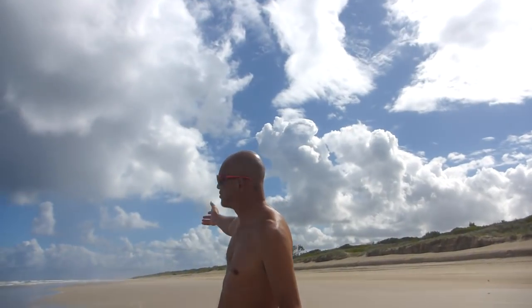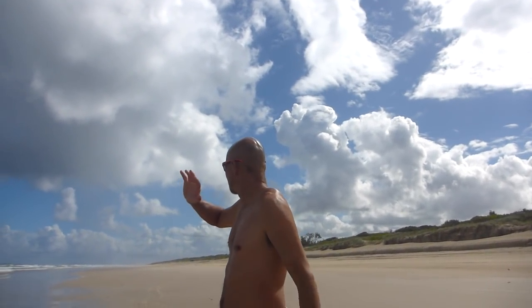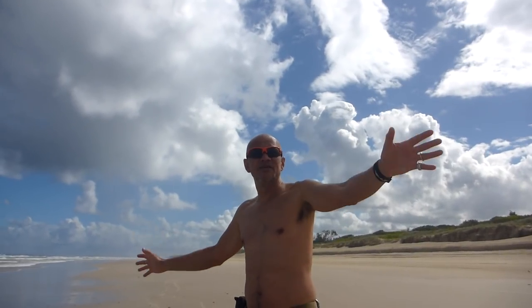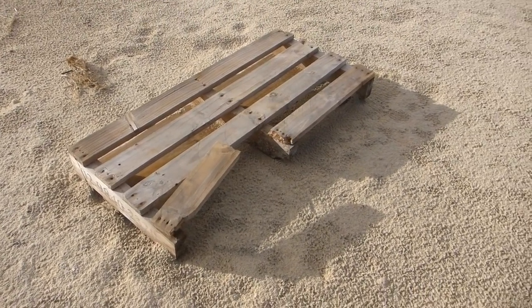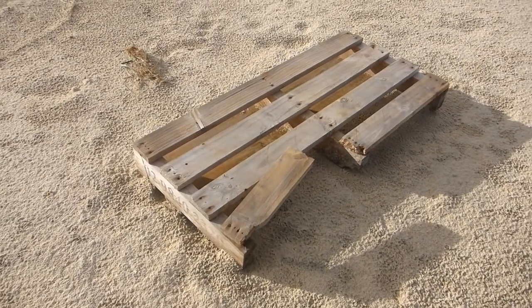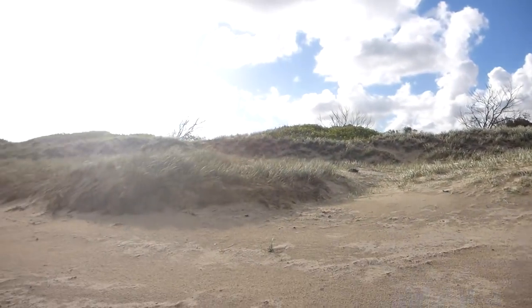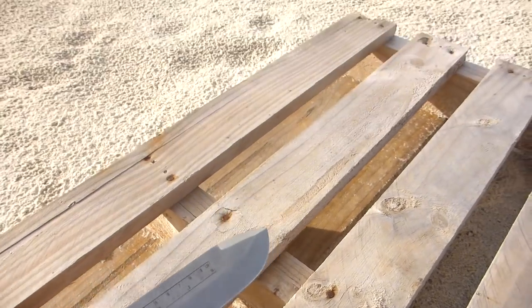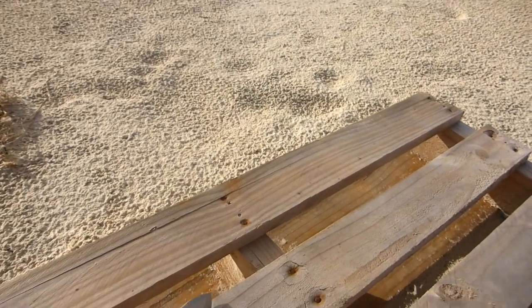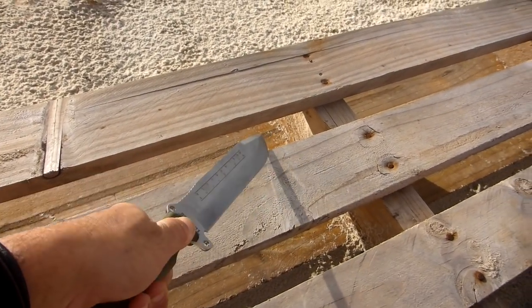Right, okay, so here we are, Bush Camper Tools. We're on a big 70 kilometer long beach. This is just part of it. You can almost see the end of it there, and the other end, shrouded up there. It's a situation where you might get stranded on the beach with your boat or whatever. This is exactly what I was talking about. You're stranded on a beach, there's flotsam jetsam, we've got a pallet which is washed up here. There's nothing out here, right? That's a good reason to have a big knife with you, especially if you're coastal camping. There's nothing around and you might be able to hack this up. You can set the whole thing on fire, but it's easy if you can hack it up and